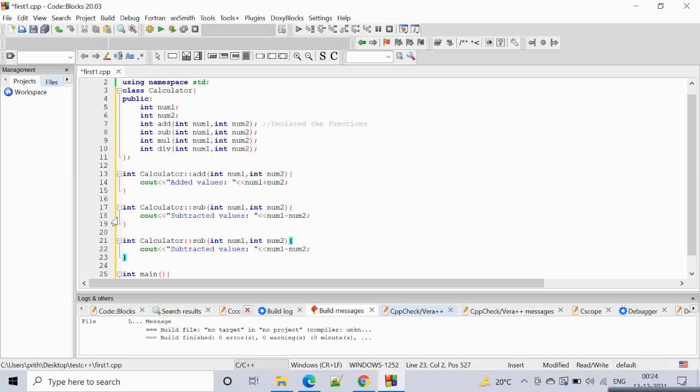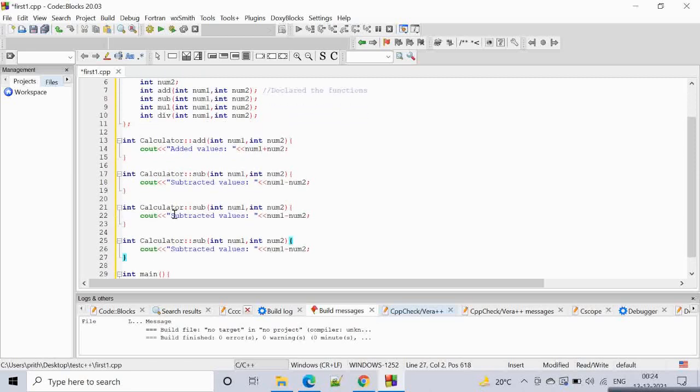This will be multiplication, where multiplied values will be num1 multiplied by num2, and this will be div, so divided values, which will be num1 divided by num2.